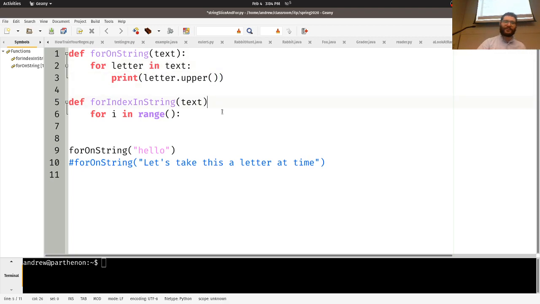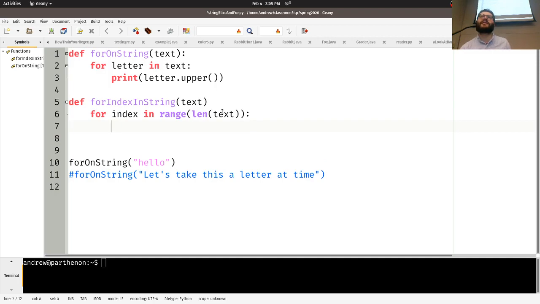But if you have to use your indices, like say we only wanted to print out every other letter, we kind of need to know where the indices are. The lie that I will expose shortly, or leave it to you to expose, but for i in range, len text. If you're coming from C, this looks more familiar. For index in range, let's go ahead and say that. For index in range,